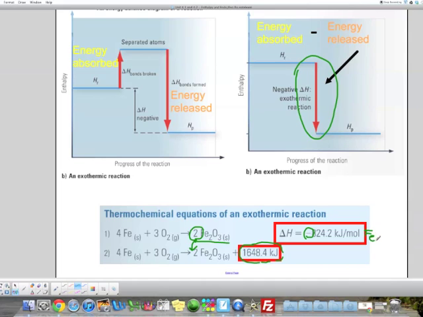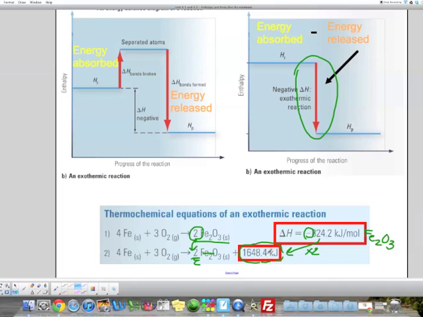Fe2O3. It's a little difficult to write with this. There you go. So per mole of Fe2O3, I have this amount of energy. But if I'm going to put it within the reaction, it's important that I take the coefficient into consideration. If I have 2 moles, I need to double this amount of energy before I include it in my reaction equation. So I'm consistent with the law of conservation of matter and therefore the law of conservation of